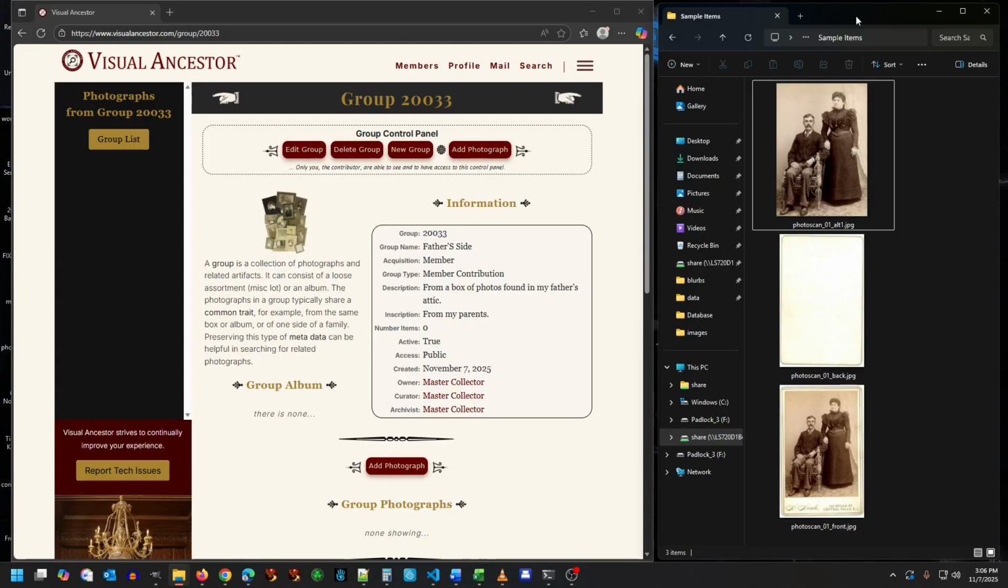Now there are three separate files that comprise this photograph. I have the front, the full front view, I have the back view, and I have a modified alternative kind of restored view. And the first point that I want to make, and I want to stress it very significantly,